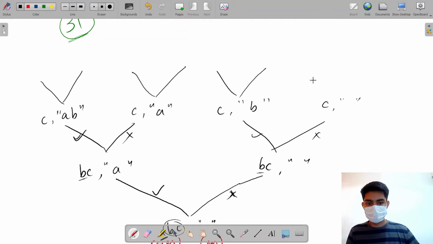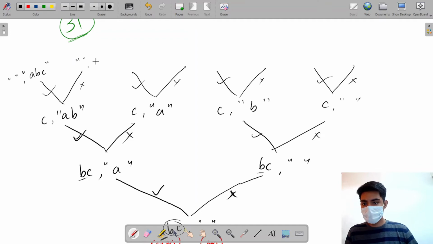We have just C left. So either I'm going to include C or I'm going to exclude C. If I'm including C, I will get ABC as my answer and nothing in my question. Here I have nothing in my question and just AB as my answer. I have AC as my answer because I'm including C, nothing in my question, and just A as an answer.